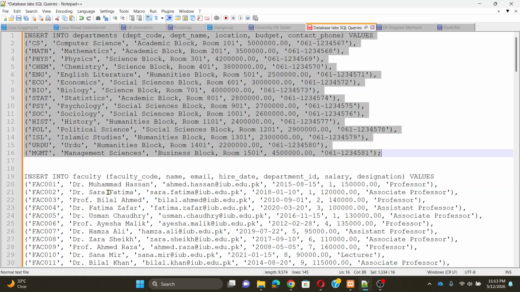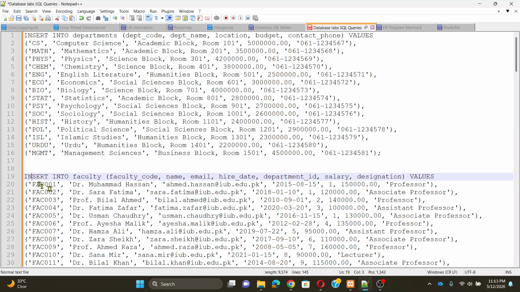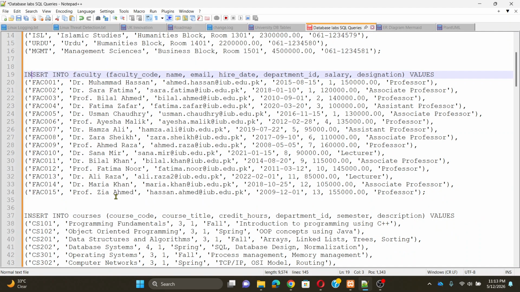So now I'm going to insert the records into faculty. Faculty represents the staff of the university who teach the courses to students. The attributes in the faculty table are faculty code, the name of the faculty member, email address of the faculty member, hiring date of the faculty member, department ID, salary, designation, and the values to be inserted are the name